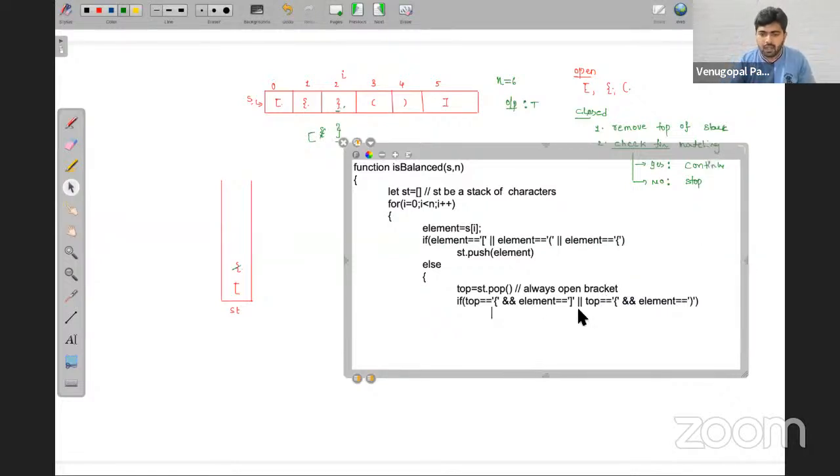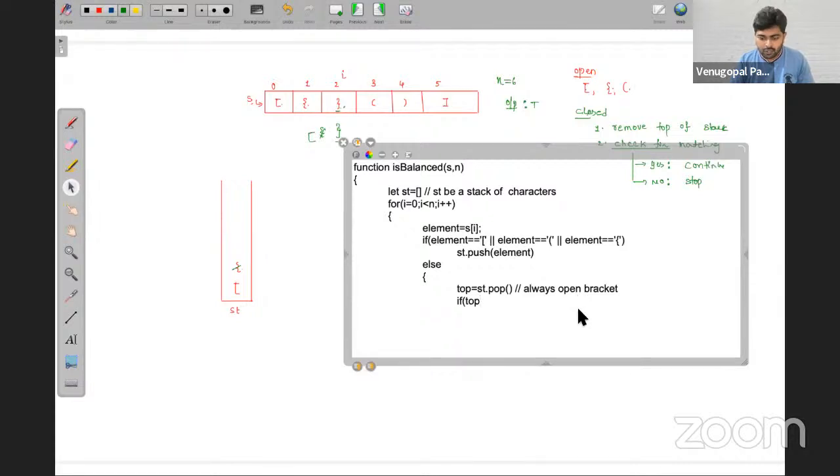What I'm saying is, for example, if your element is an open bracket.